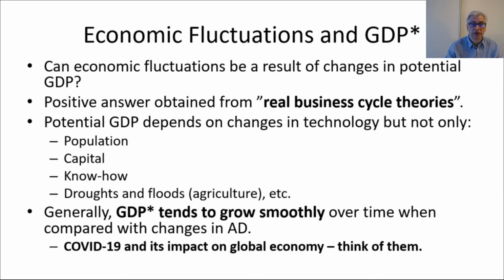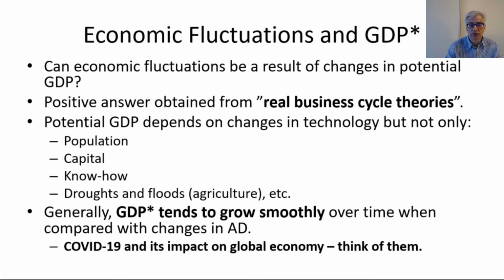Certainly, this potential GDP changes. It tends to grow because of technological progress. So we develop our economy having better and better technologies. So even if population doesn't grow, usually capital grows, and usually we have better technologies, better ways of using this capital. So GDP generally tends to grow quite smoothly, but obviously there could be some special situations when potential GDP suddenly